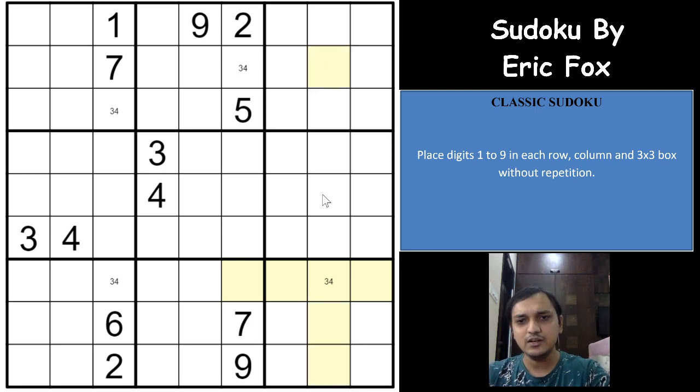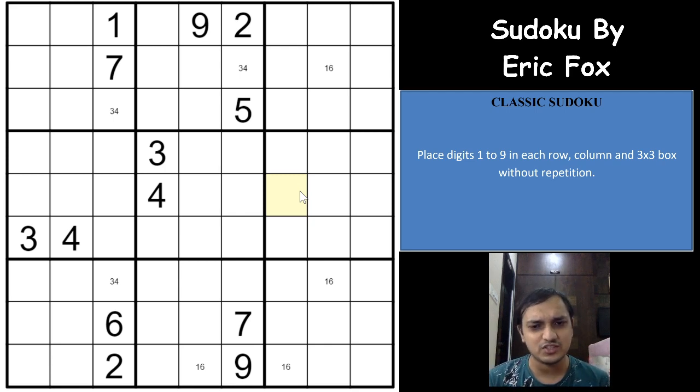And skyscraper logic can even be extended to a single box. Now how would that be possible? Let me explain that also. It's a great logic, I would say. I really love this logic. Skyscraper logic is one of the excellent logics. Right now this is a skyscraper logic extension. It is even called X chain, XY cycle. There are many names that are given for this logic, but I would say you just hold on to a single name, skyscraper logic, because there are many extensions,